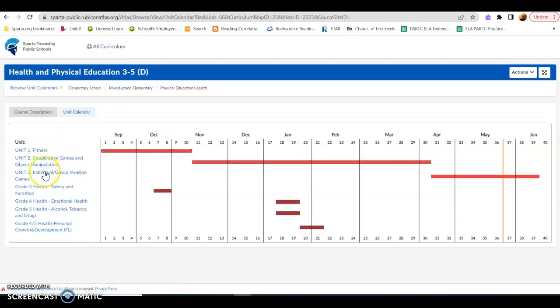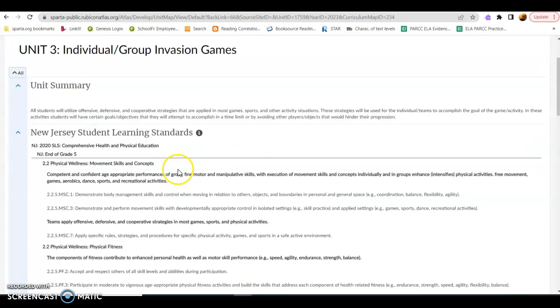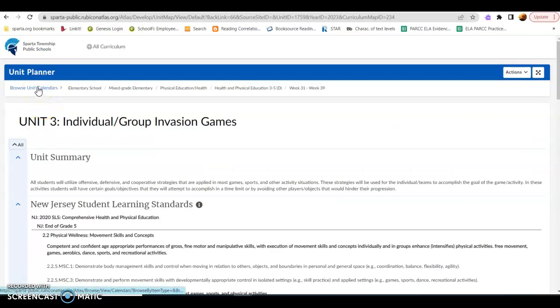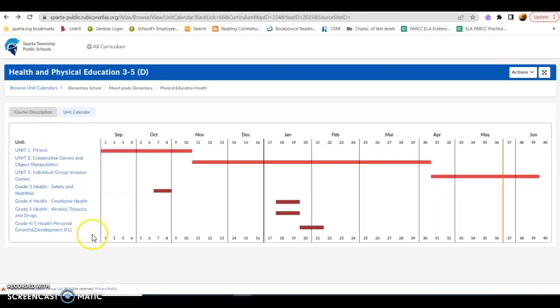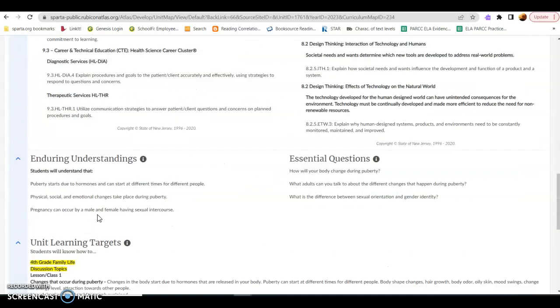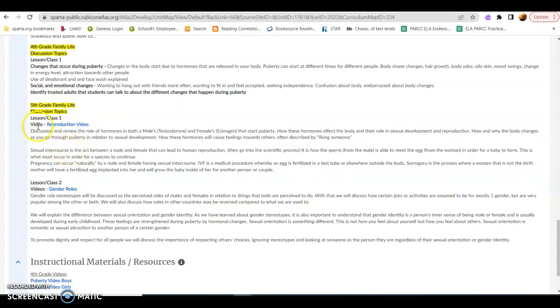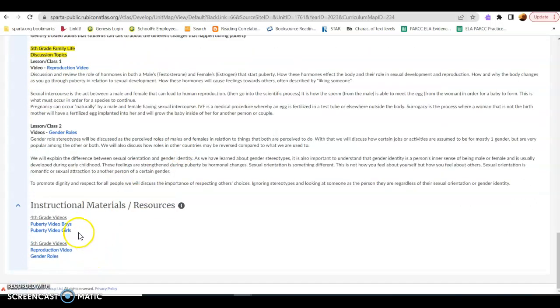So you can look at any of these units that all look exactly the same in terms of the components that are available. And if in fact that unit contains a family life lesson, it's noted for you here, and it's broken down more specifically in the unit targets so that you can see exactly what will be taught. In this case, you have one lesson in grade 4. You have 2 lessons in grade 5, and you have all of the resources to view,